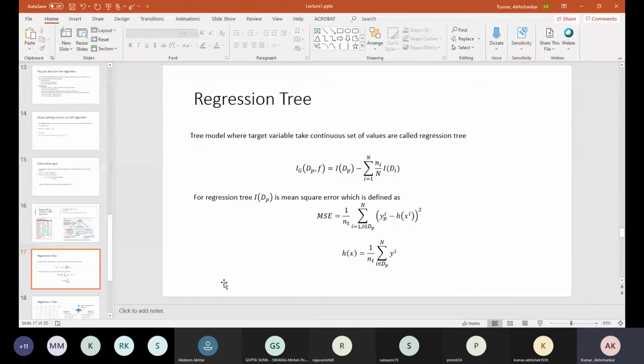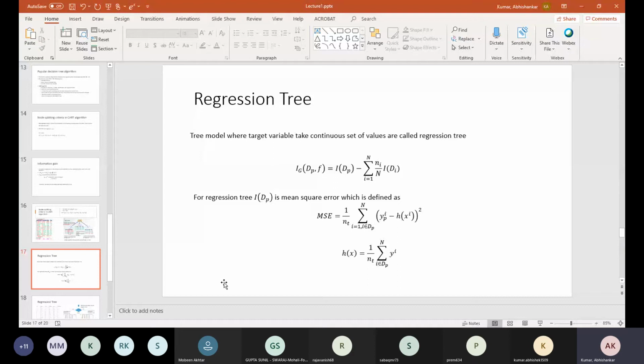Okay, can anyone tell me how we have solved the least square problem? What is the objective function for the least square problem? Minimize the sum of square error. Y minus y hat, correct. Y minus y hat, the square, sum of i equal to 1 to n. So there we are minimizing y minus y hat.